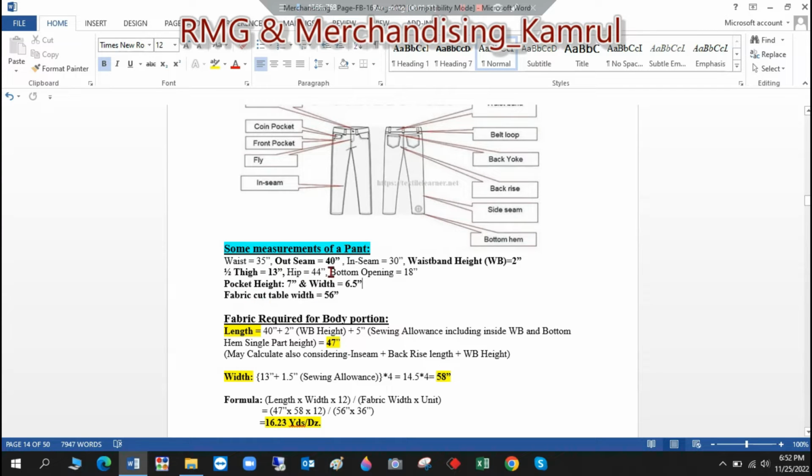The out seam is given here as 40 inch. Then there is the waistband height, this top portion. The waistband height is 2 inch. So the out seam is 40 inch and the waistband height is 2 inch, as given here. Then plus 5